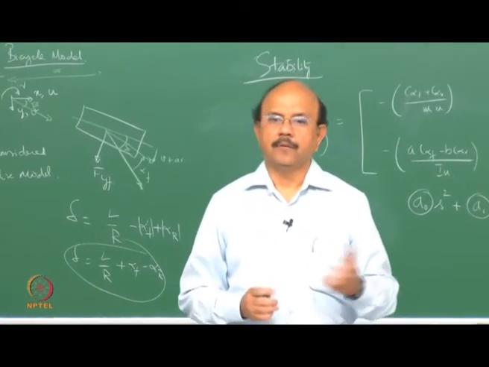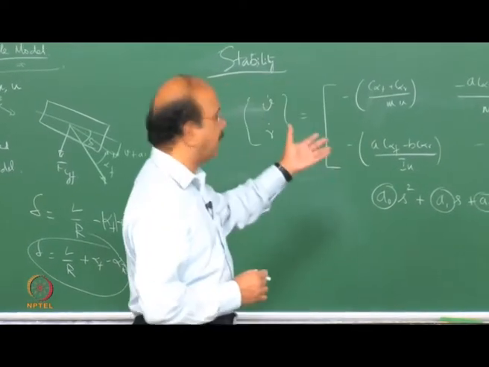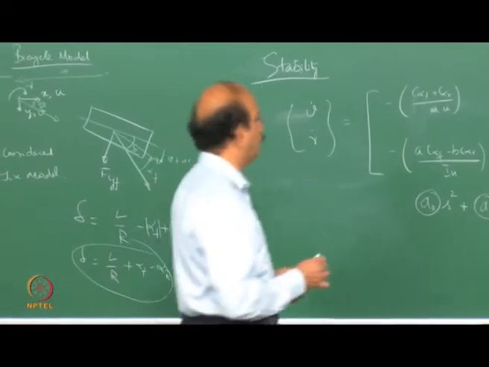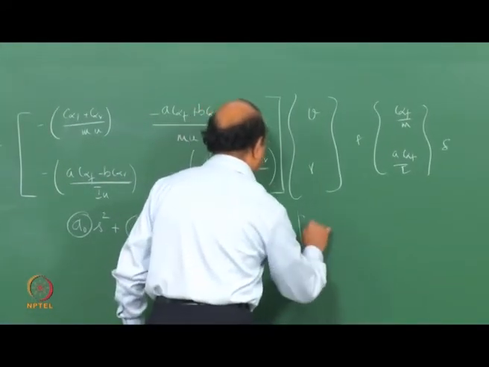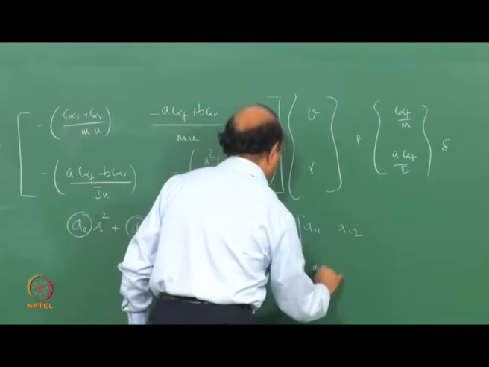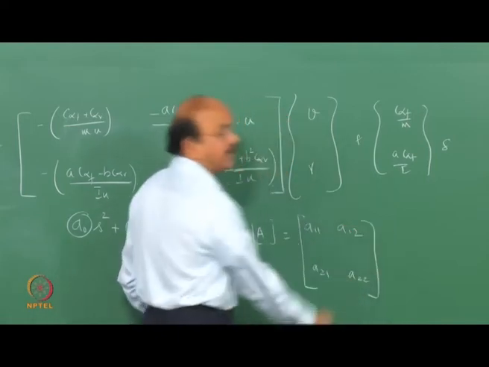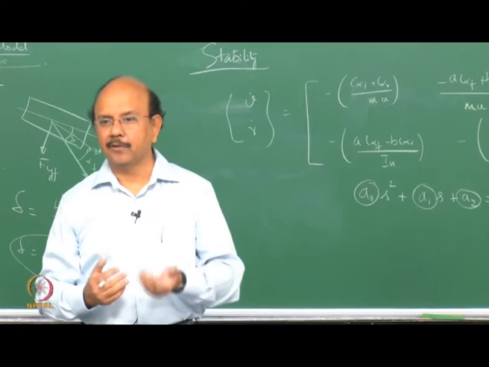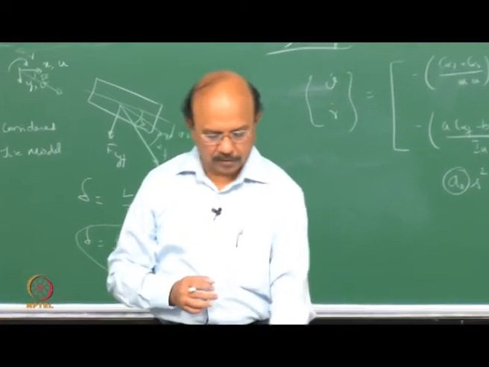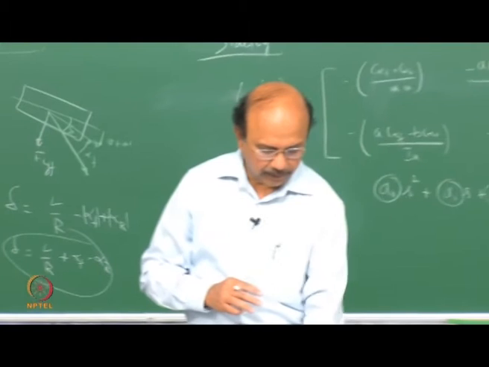Now, in other words, if the A matrix is written as A11, A12, A21, A22, remember that I have to do sI minus A, and so on, right? It's all done. Any questions? So this is what we are going to use. That is why we are not looking right now at whether the real part of the eigenvalue is negative or positive and so on.